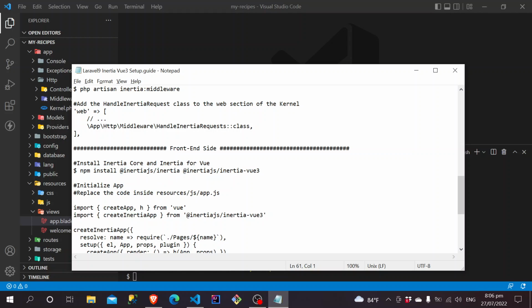And since Inertia is not just for Vue, it is also available for React and also available for Svelte. And so in this particular case, since we are using Vue, we are also going to install Inertia for Vue. So let me copy this command here